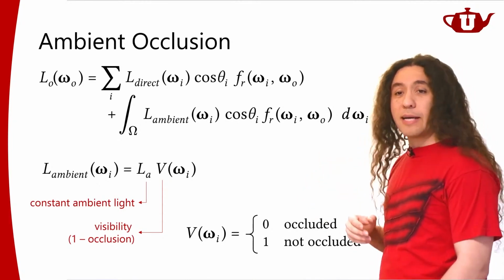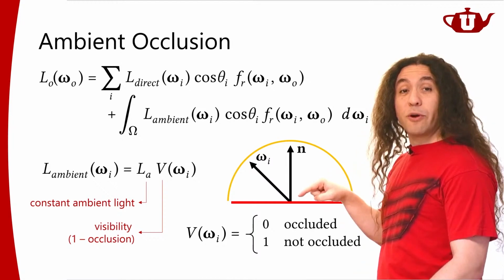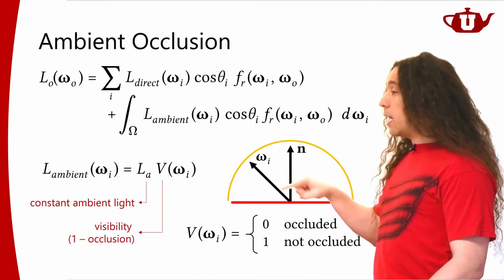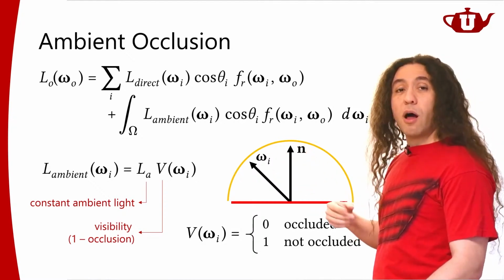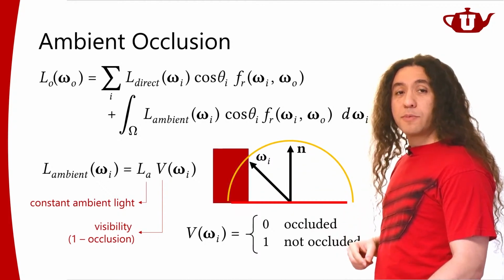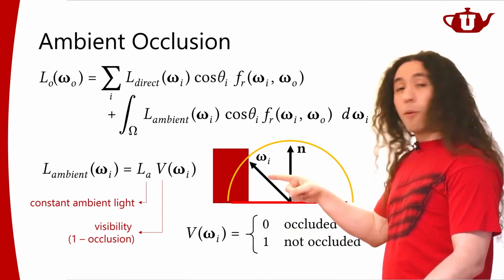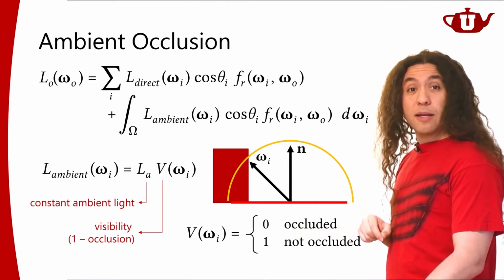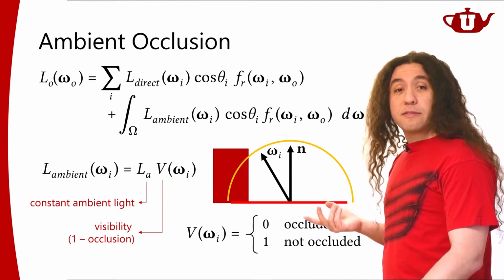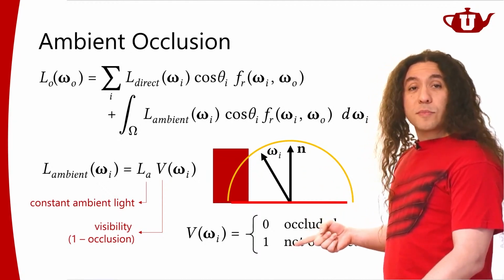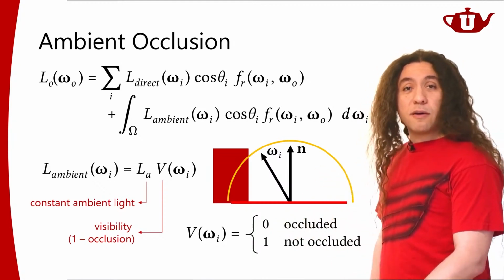So what do I mean by that direction is occluded? Let's say I'm interested in computing ambient occlusion at this point, this is the point I'm shading. For any given direction omega i, I'm going to look if there's something along that direction that's blocking it. If there's an object here that's blocking that direction, then the value of the visibility function for this omega i is going to be 0. But for some other omega i, where there's nothing blocking it, its value is going to be 1. So by using this visibility term, we will be able to get a much better approximation for the ambient term.